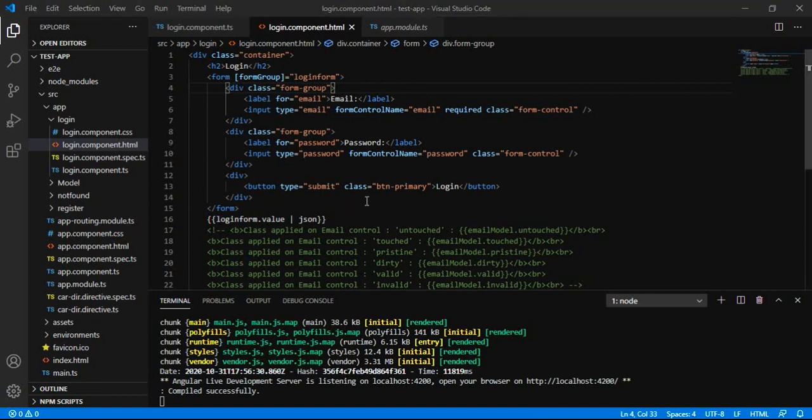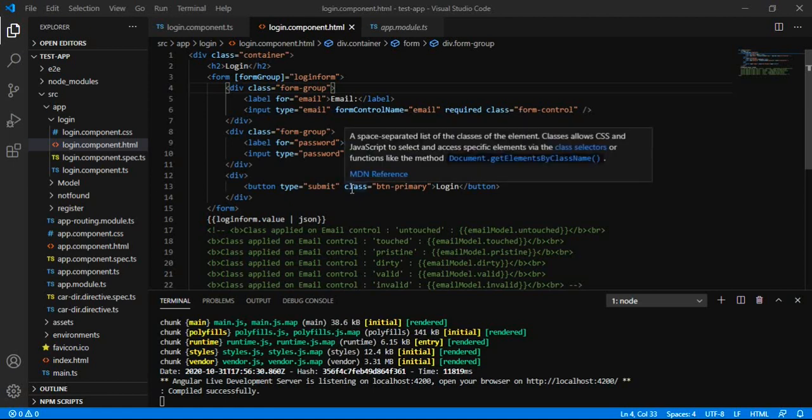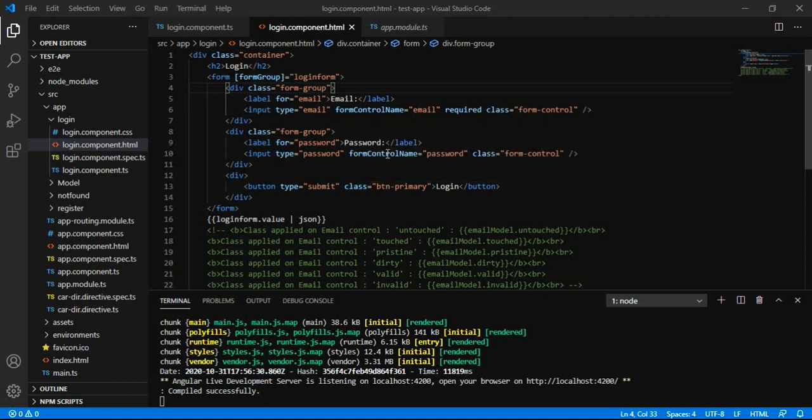And here what we are trying to do is bind the FormGroup, that is the login form, to our HTML form and the FormControl to the corresponding HTML element.